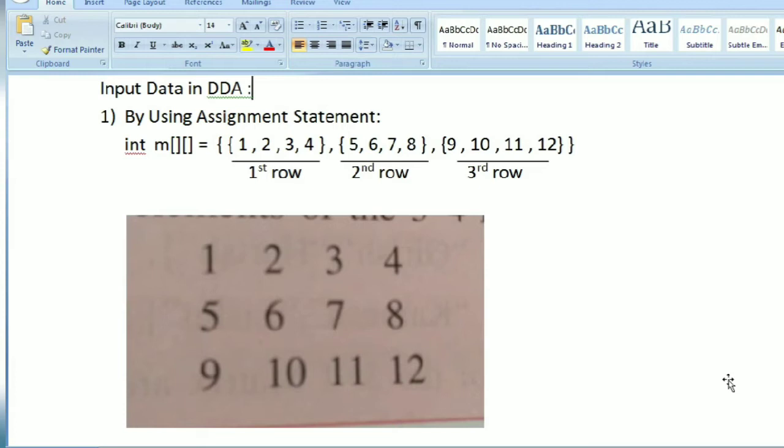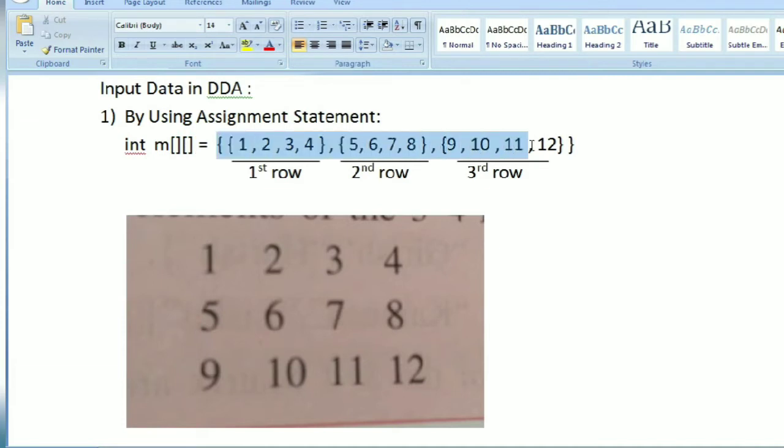First is the assignment statement. With simple assignment, we directly take the input in our array. So this is our array m. Here there is no need to mention how many rows and columns.